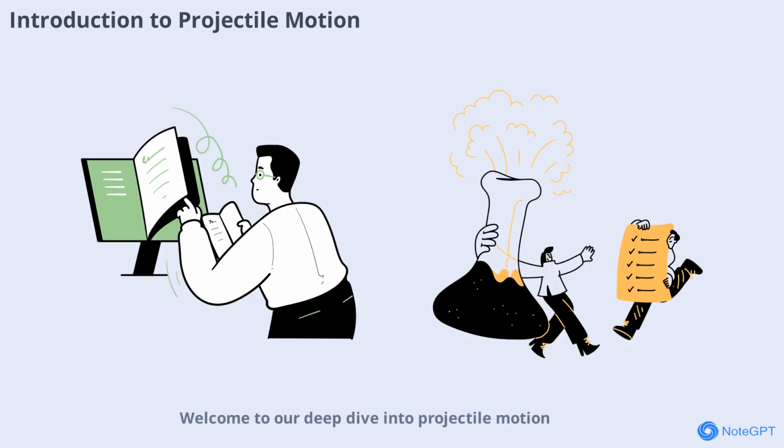Welcome to our deep dive into projectile motion. Have you ever wondered how a basketball arcs gracefully into the hoop or how a soccer ball curves through the air? These everyday phenomena are all examples of projectile motion. In this video, we'll explore what projectile motion is, why it matters, and how it shapes the world around us. By the end, you'll understand the forces at play and the equations that predict the path of any object thrown, kicked, or launched. Let's start our journey by defining what makes motion projectile and why it's so fascinating to scientists